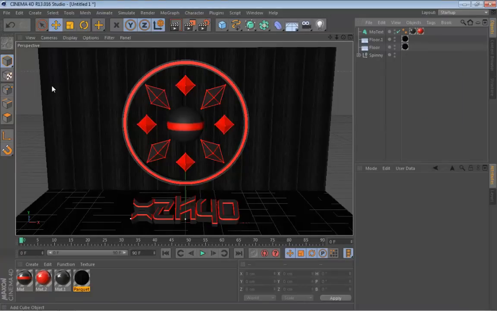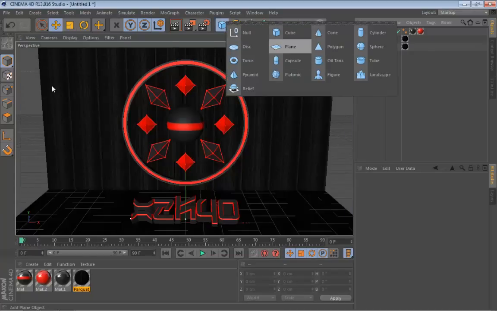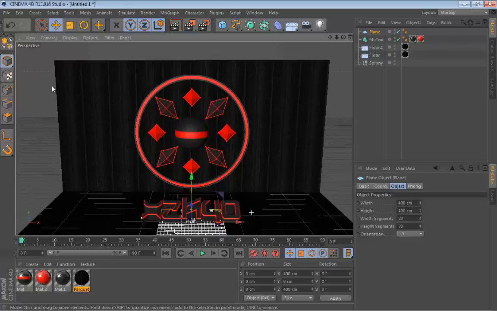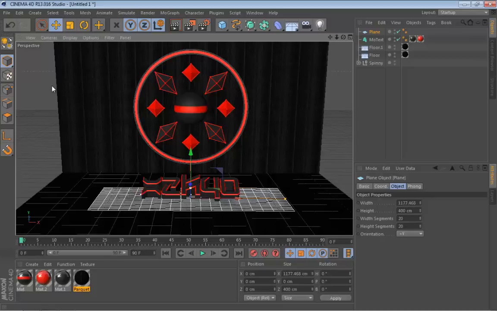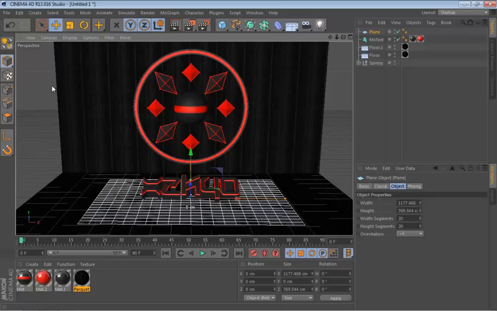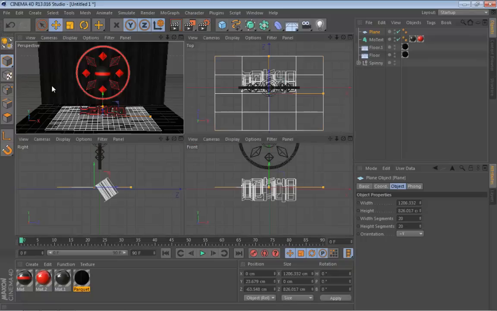Okay, so let's enable global illumination, and let's make something for the source of global illumination. Let's use just a simple plane, and let's make it wider and taller, higher, whatever the term is, something like this. And let's go to this, I don't know what this is called,